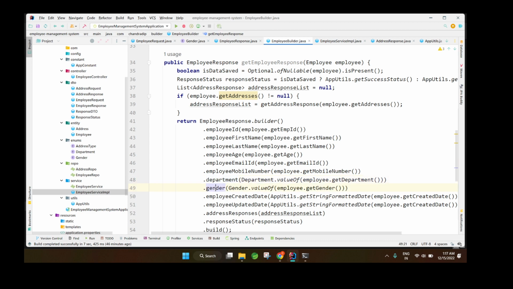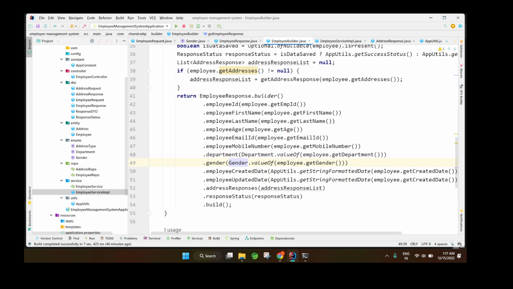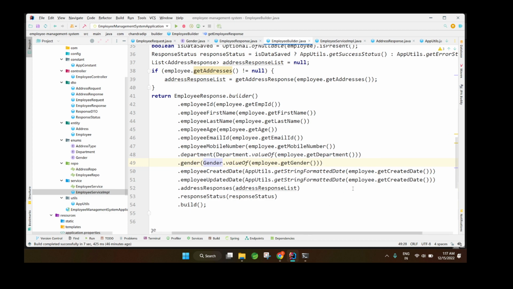Similarly gender, male and female, whatever comes from the database, I'm setting in the response of gender, and for that I have to convert into the enum. Now you can see employee created date. It is a created date, so it's a local date. I have to format it into the